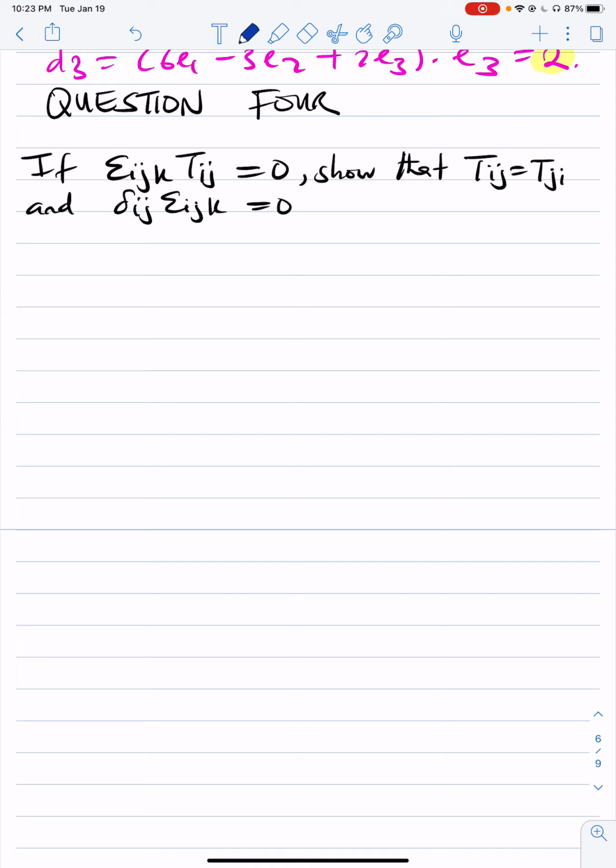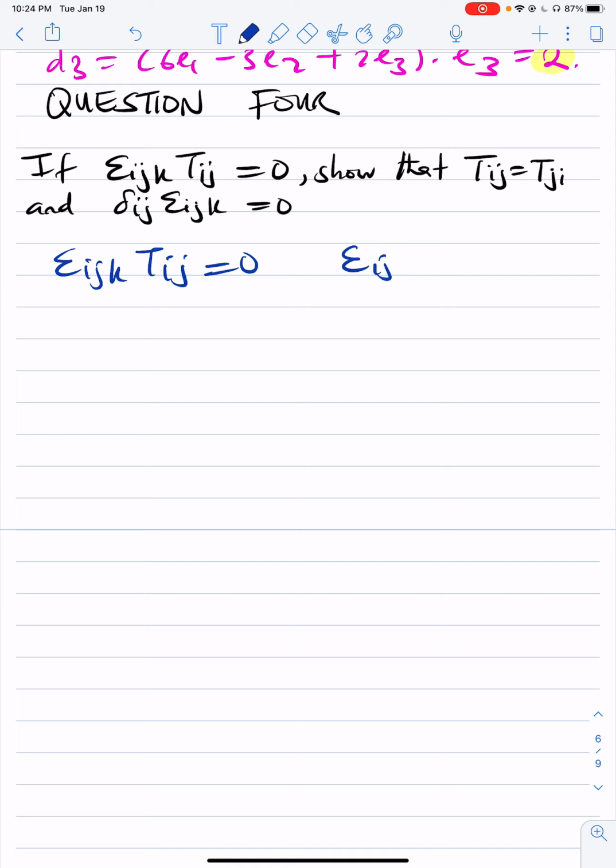It says if epsilon ijk times tensor Tij equals 0, show that Tij equals Tji and delta ij epsilon ijk is equal to 0. So epsilon ijk and delta and tensor Tij is equal to 0. Right. Now, don't forget, once you see Kronecker delta, remember the property of